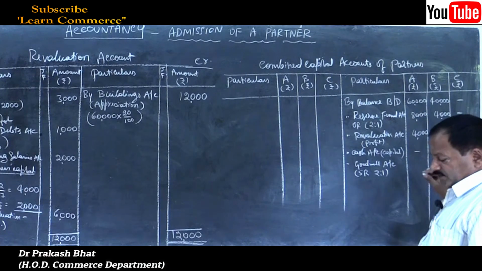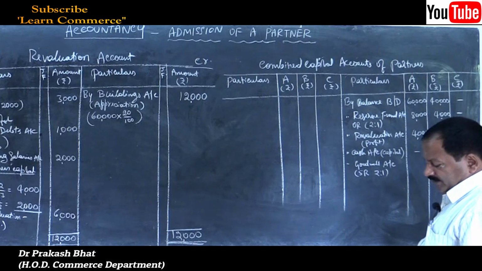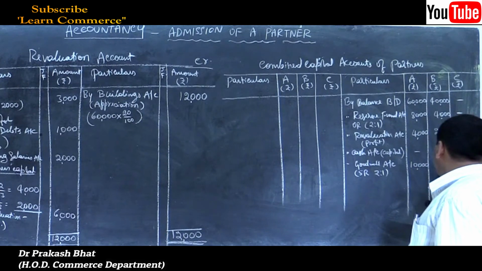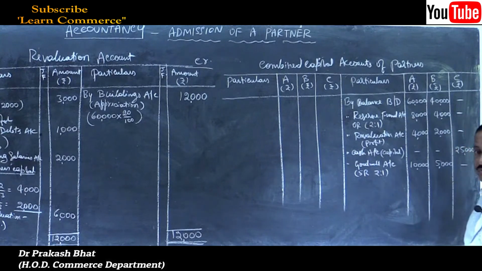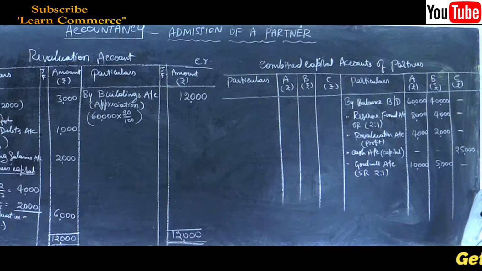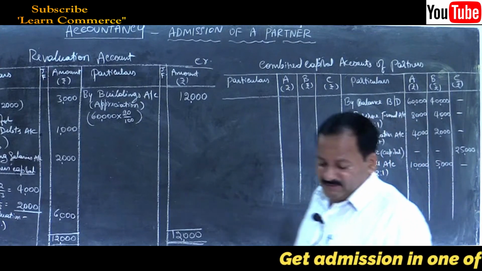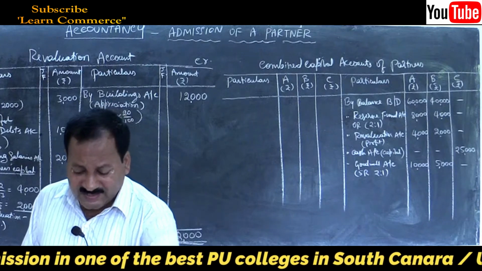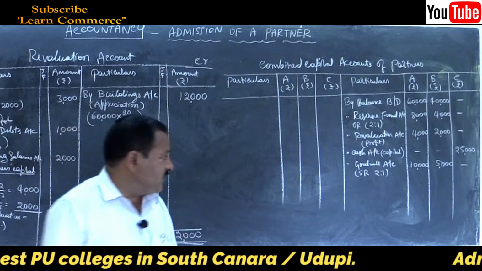So distribute it. How much will it be? 10,000 and 5,000 in the ratio of 2:1. So 15,000, it will be 10 and 5. No amount to new partner, dash in new partners column. Are there any other entries to be made? No, it is done. So let us close the account and let us see how much is the total.